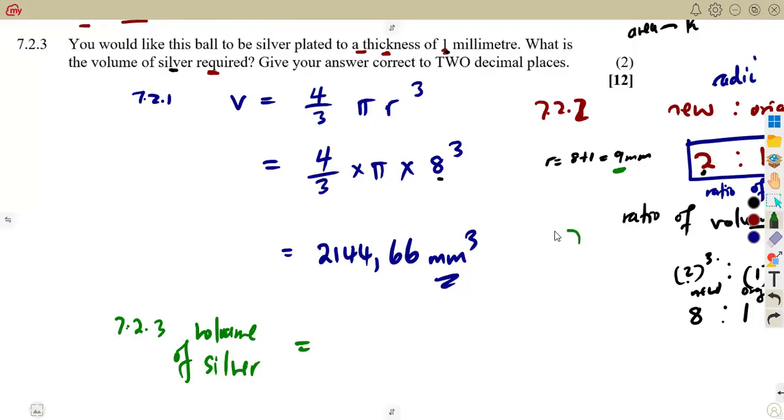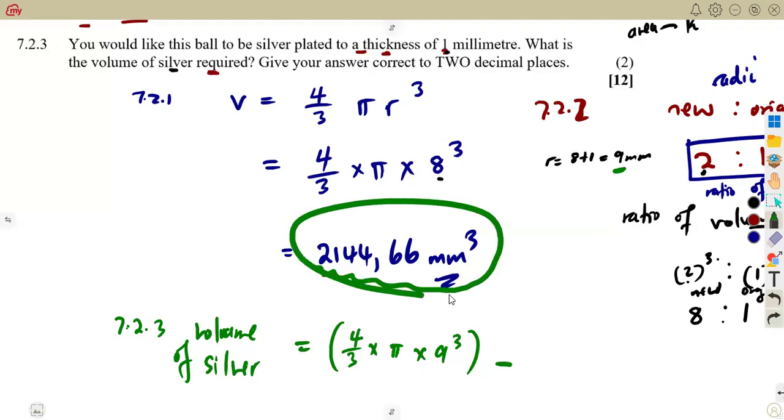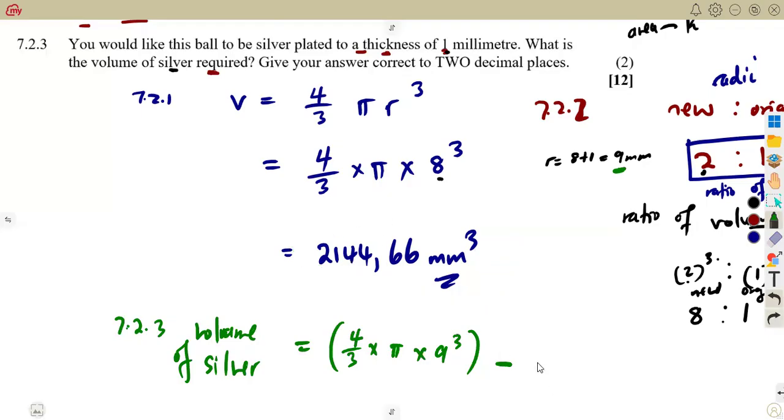The volume is not going to change. It's still a sphere. We just coated it with this part of silver. But the ball is still a sphere. So we are going to calculate its volume using the new radius because of the thickness that you are given. This is to the exponent of 3. So this is like the new volume when the silver plating is involved and the ball is there. But remember, originally we have the volume of the ball on its own when it was not plated with any silver. Its original volume is there,